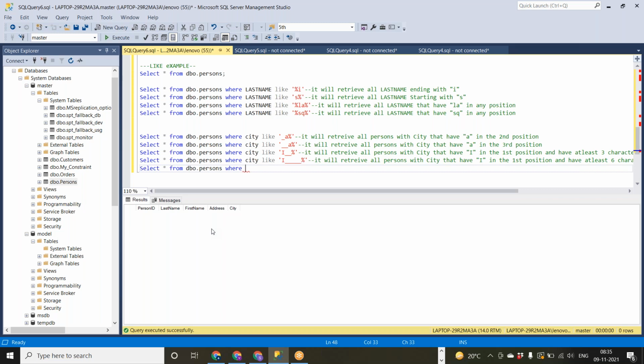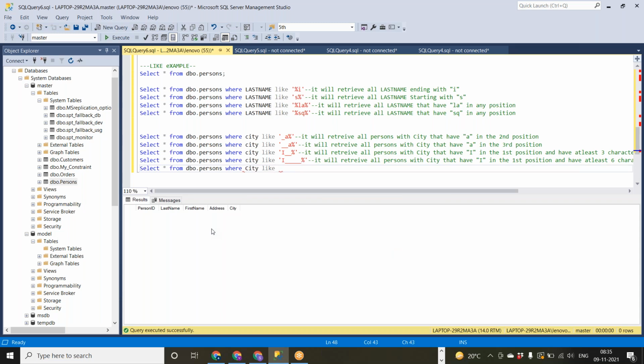Or if you want to specify the number of characters, like my data should be 5 characters of length, 6 characters of length, and it should start with so and so. You have seen all this. Now I want to tell you, if you know the starting and ending letter, but you don't know the middle letter, you can also specify that.